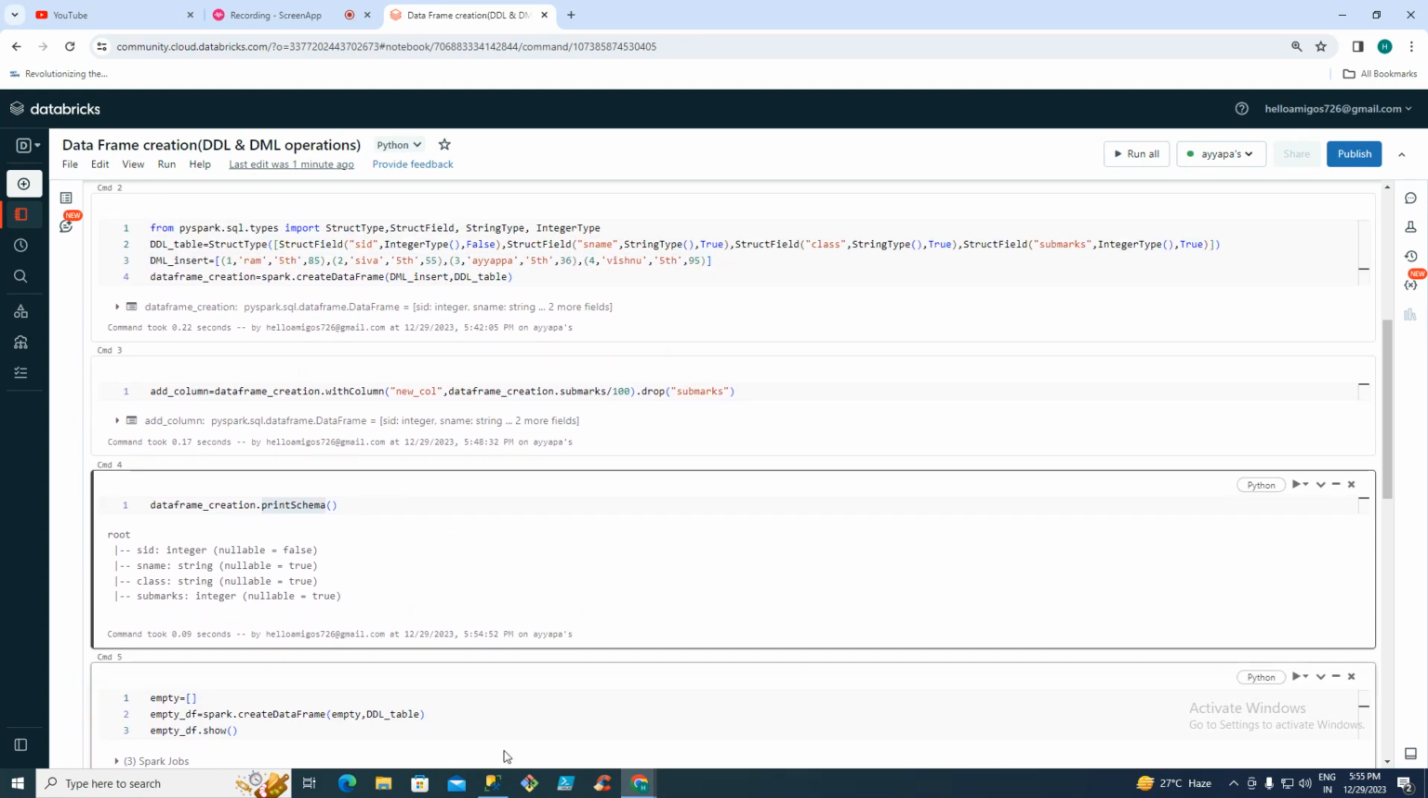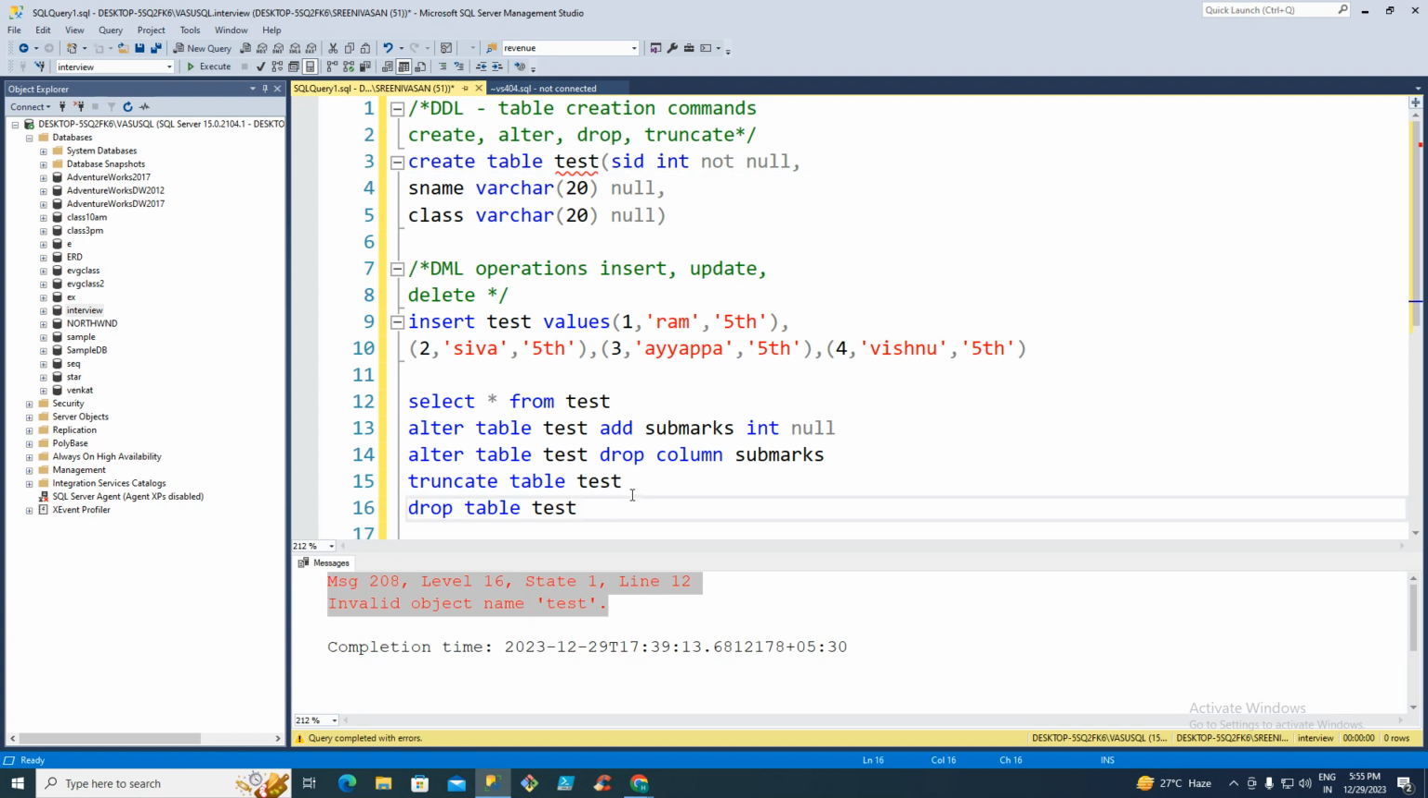These are the DDL related operations. All kinds of DDL operations we can check or do in PySpark SQL also. In the PySpark language also we can achieve it. At the same time SQL also we can do. And insert